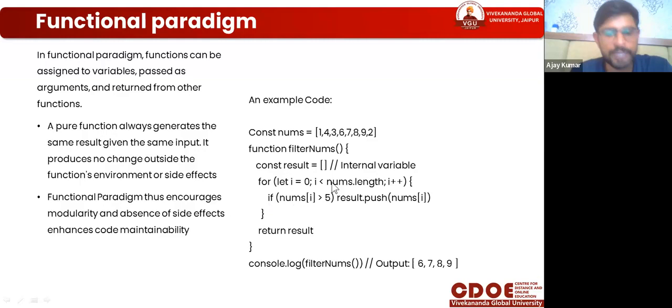We just take a for loop. So we define the code just once: function filterNums is written only once. When you use this in any other kind of working problem, any other part of the program, you just put filterNums.